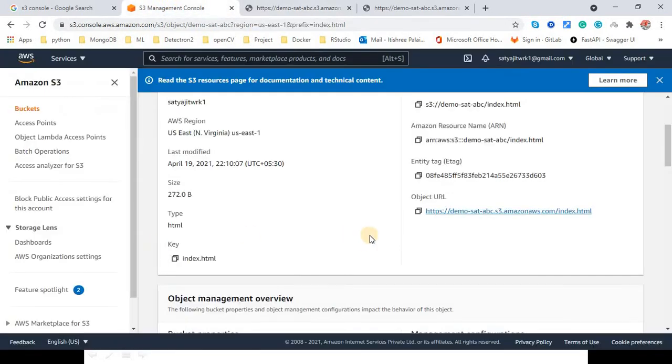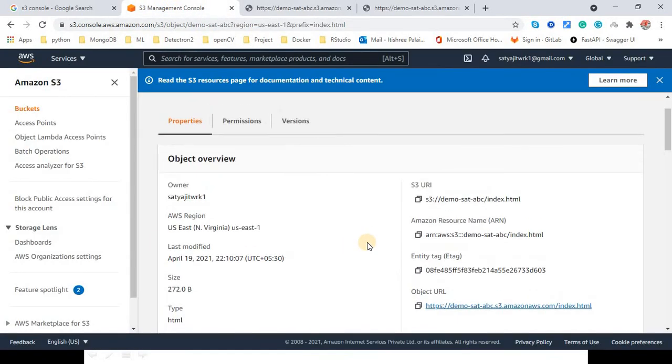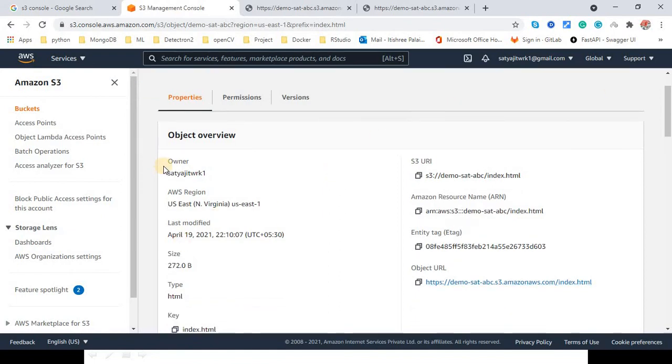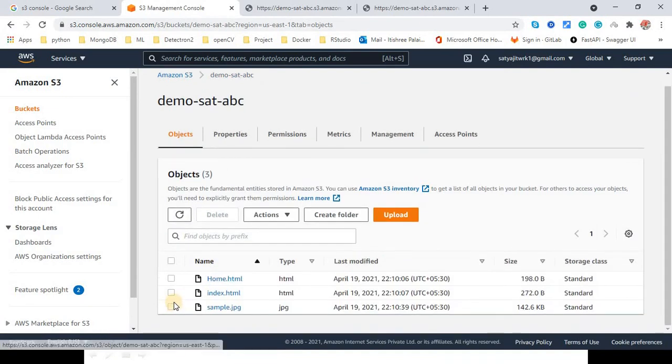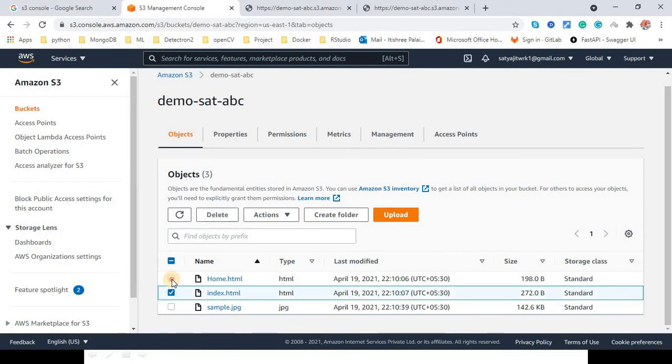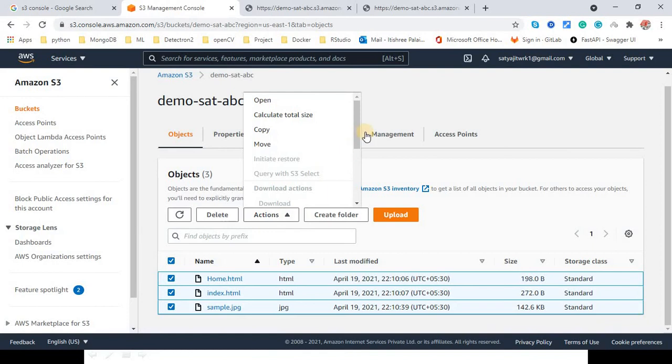So far we have enabled public access for the bucket, but you also have to mark the object as public. To make this object public, you need to go to this location again and choose your files. Let's say I want to make all these files public, so I can choose all these options, and in the Actions menu there's an option called Make public.